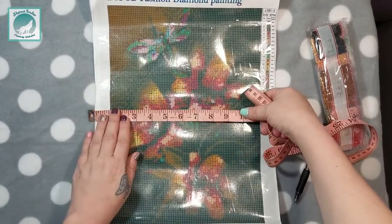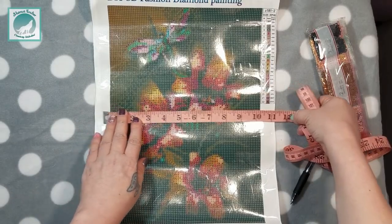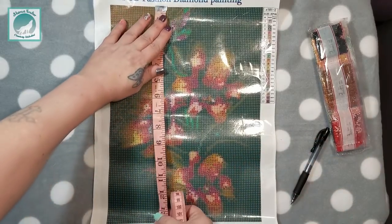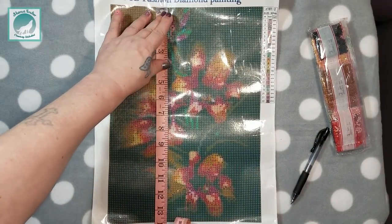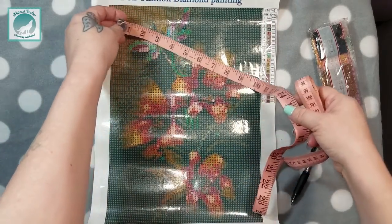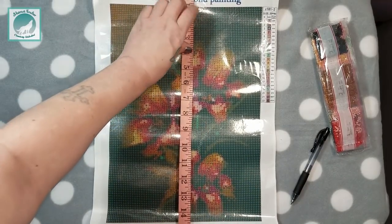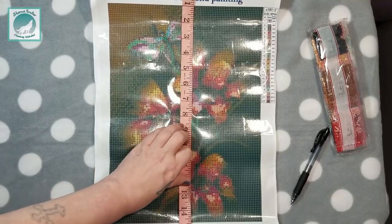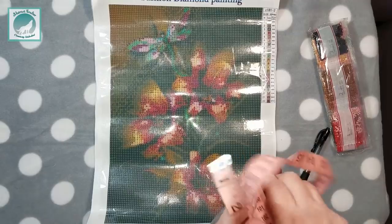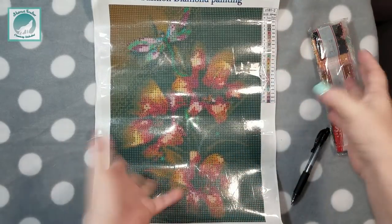Oh. This should be the 12. Yeah, and that's 11 and 7/8, and the actual image itself is 9 and 7/8 by 13 and 7/8, or no, 7 3/4. Definitely not going to be 16. I'll try to find the actual line. No, not quite 16. 15 and 3/4. So not quite. We haven't got one yet that was measured by the picture, but